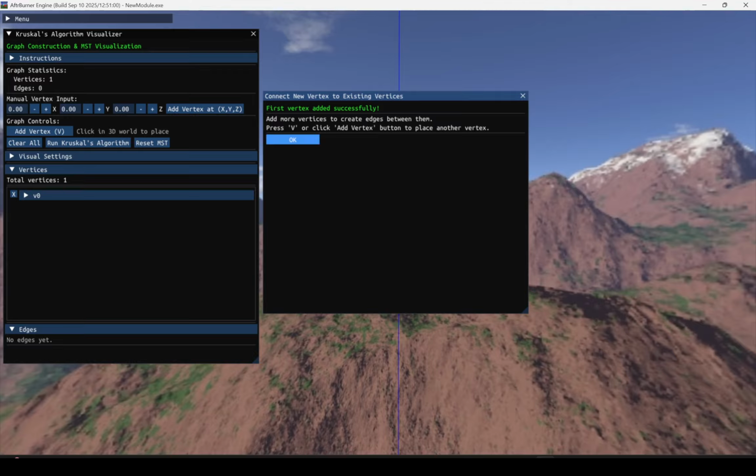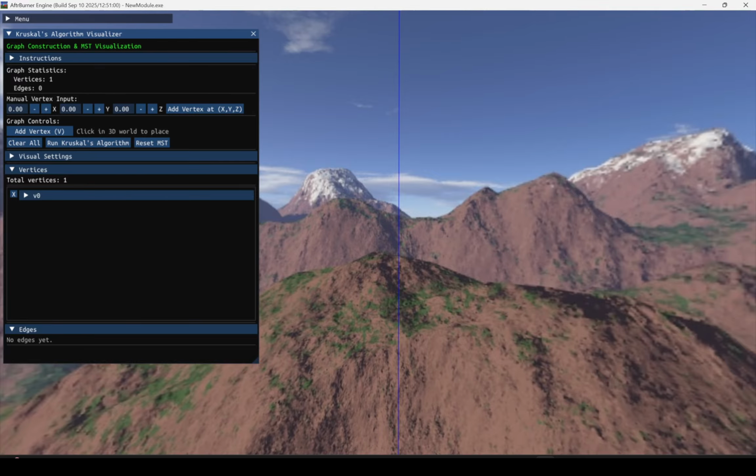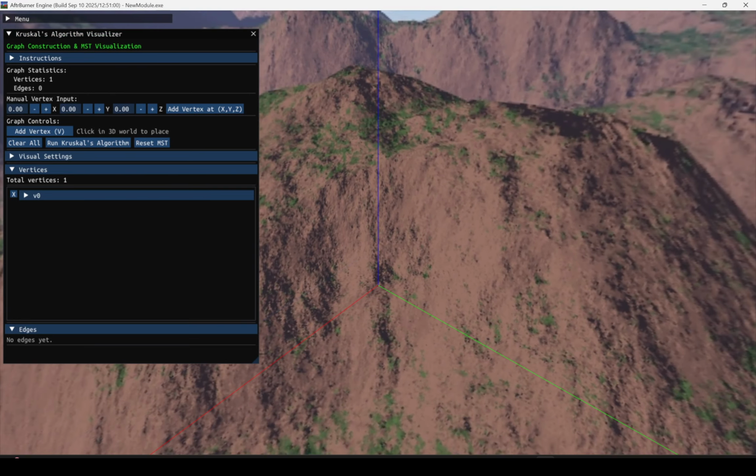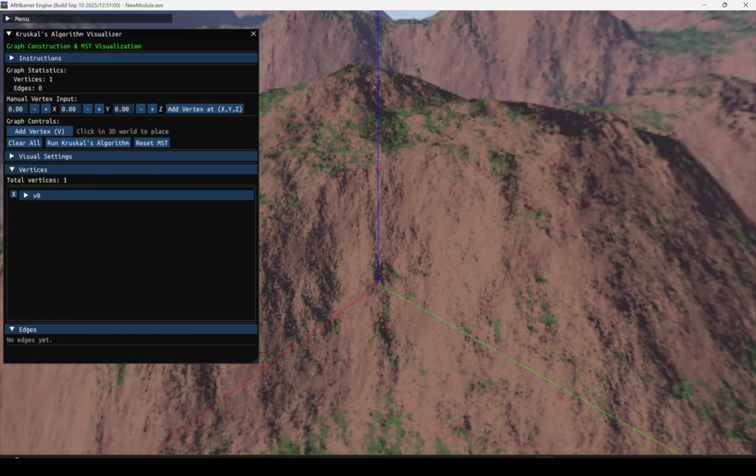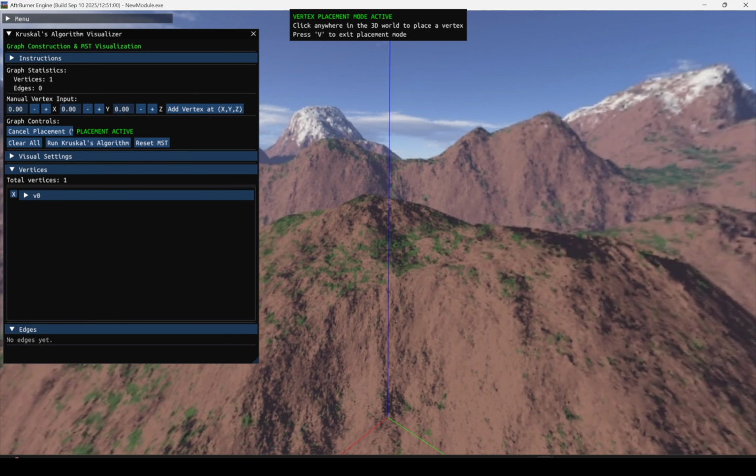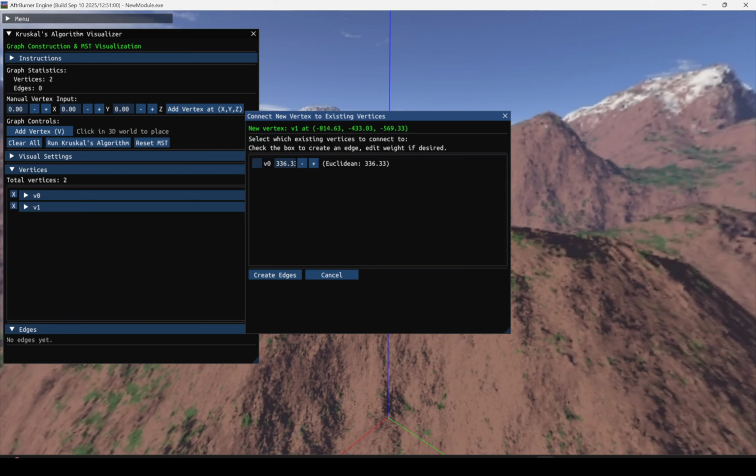So the vertex is added, and for another vertex placement, the user can click add vertex or the V key, and once the vertex placement mode is active, the user can click on the world to add a vertex,